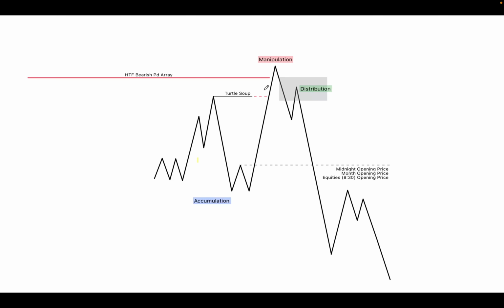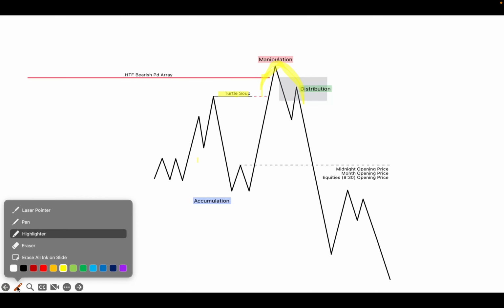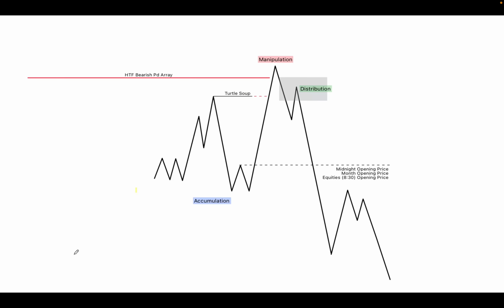So this move is basically a Judas swing. This move here is a Judas swing. Then the entry is the total soup. So you can get a Judas swing above the month opening price, above the day opening price, or above the week's opening price. And after you get that, you are going to get distribution. When you are getting that Judas swing, or the total soup happening, your total soup entry